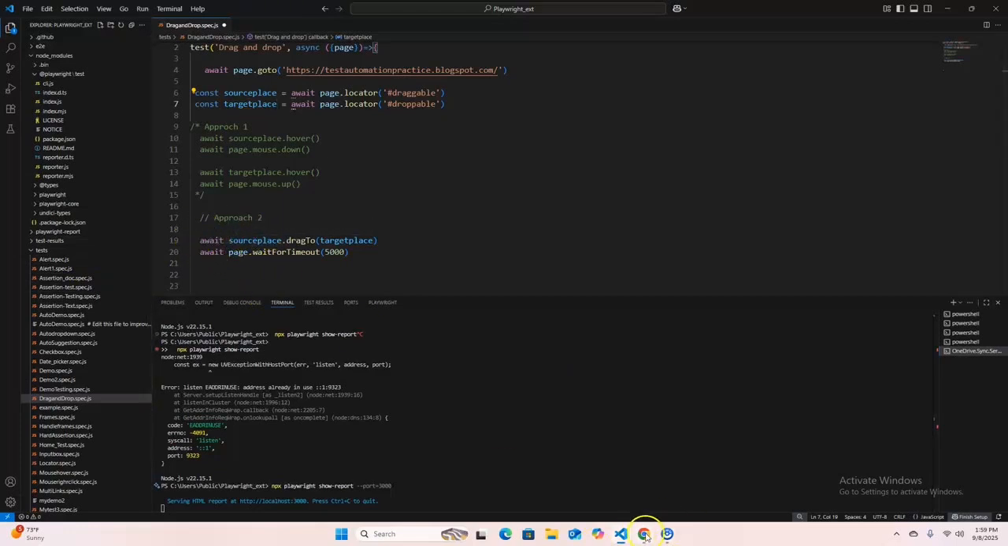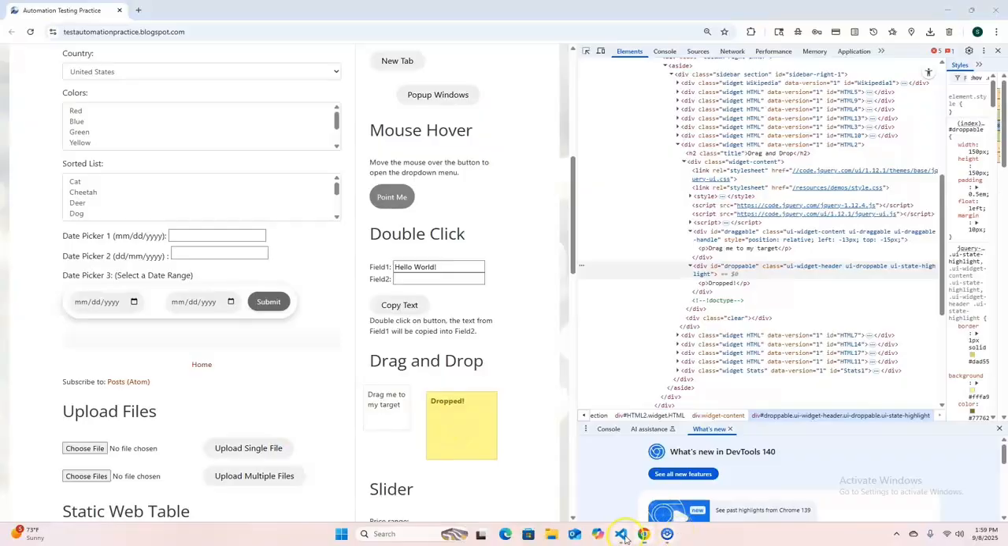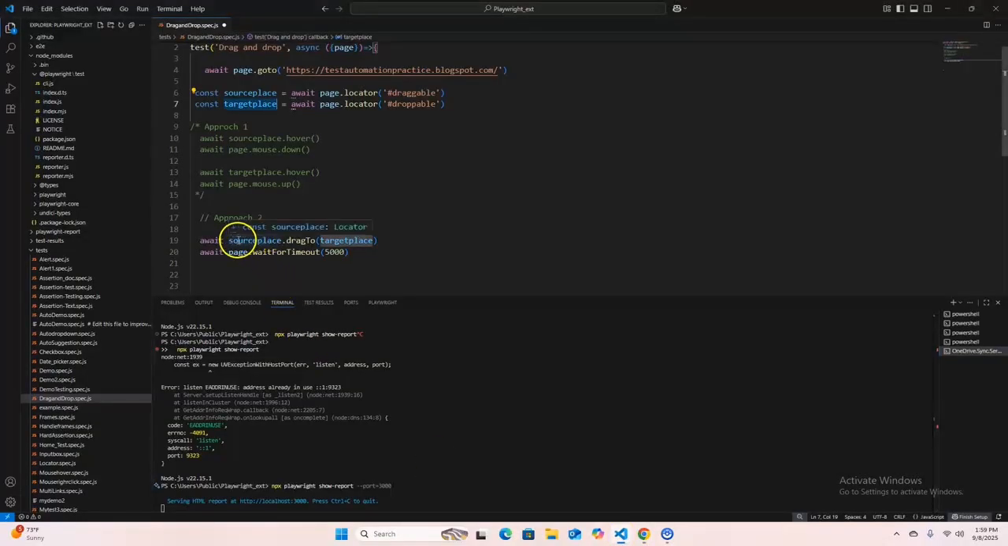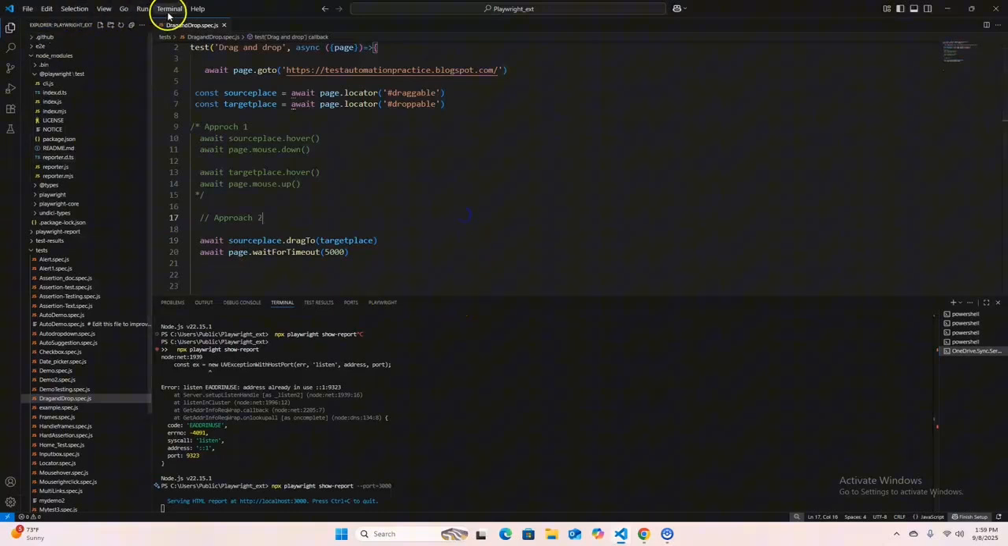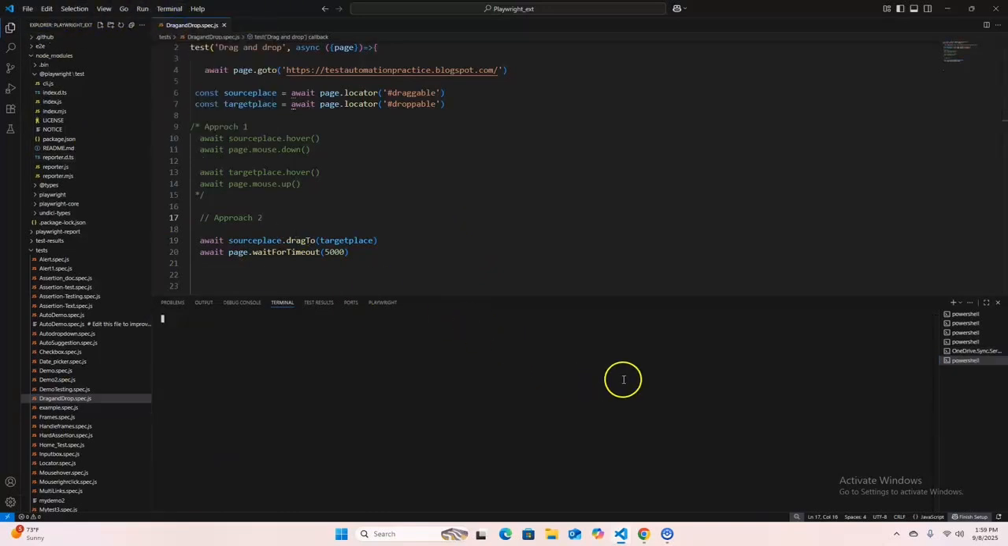This line is saying I want to drag this element, the source element, to the target element. That's it. This is very simple. And let me execute. Control S to save the file. Let me open a new terminal and provide the command npx playwright test,